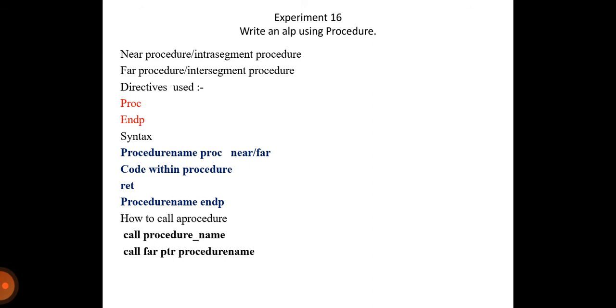IP will get its original value when the procedure gets terminated, or when control is transferred from the procedure back to the location from where the procedure was called. So the instruction after CALL will be in a waiting stage. They have to wait until the procedure is completely executed. When the procedure is completely executed, control will be retransferred to those pending instructions, which are still waiting for their turn to be executed, and they will be executed when RET is executed in the procedure.